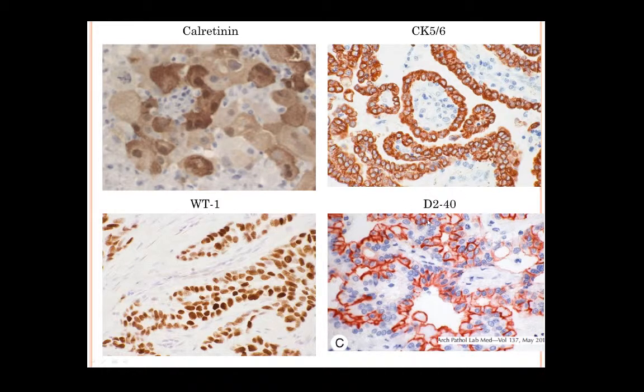D2-40 is another marker. It's strongly expressed in endothelial cells of the lymphatics. However, usually it can also be expressed in mesothelial cells. The pattern of staining is membranous, and this is the stain that helps for diagnosis of sarcomatoid mesotheliomas, because sarcomatoid mesotheliomas may lose all three markers, and this is the only marker that can be positive in the sarcomatoid form of mesothelioma. Calretinin is positive in 30% of the cases, so these two may help in diagnosis of sarcomatoid types of